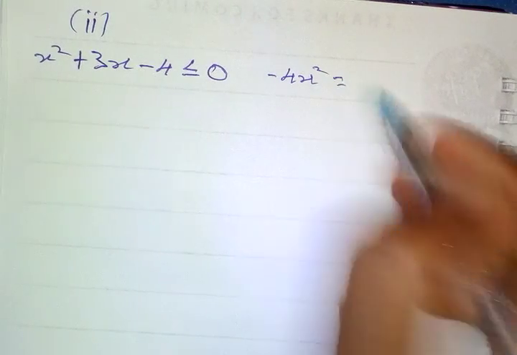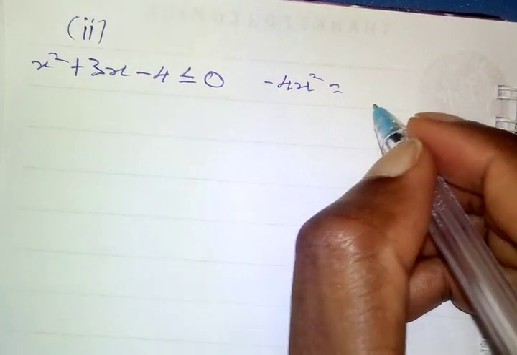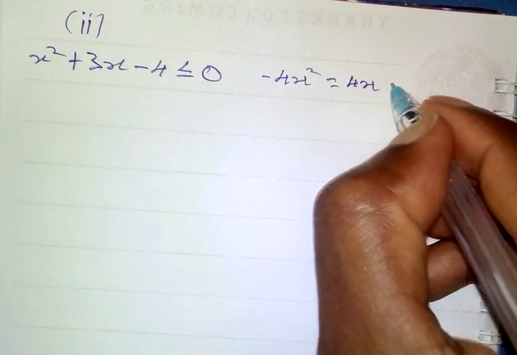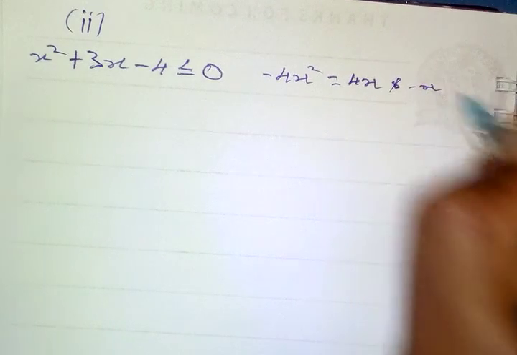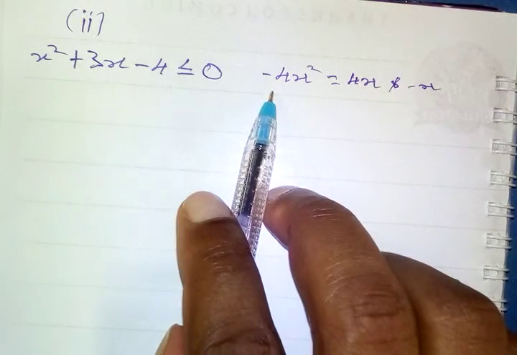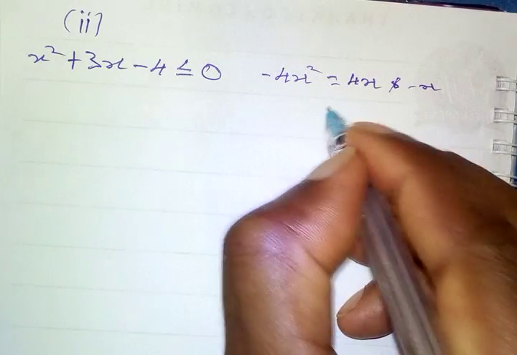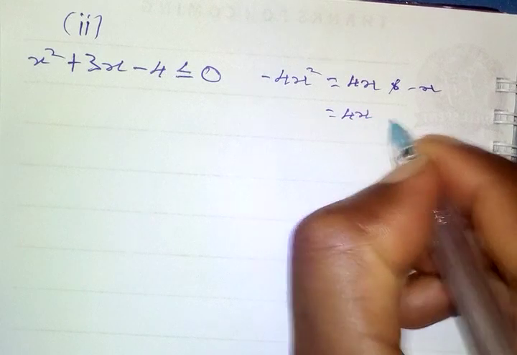And these factors could be 4x and negative x. When I multiply this, I will get negative 4x squared. And when I add it together, I'm going to get 4x plus